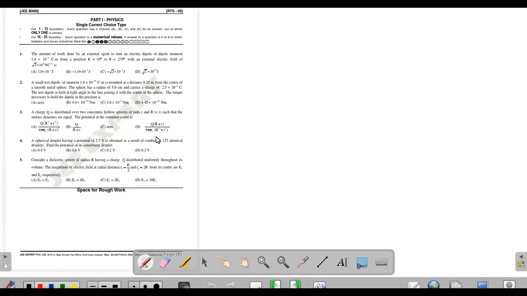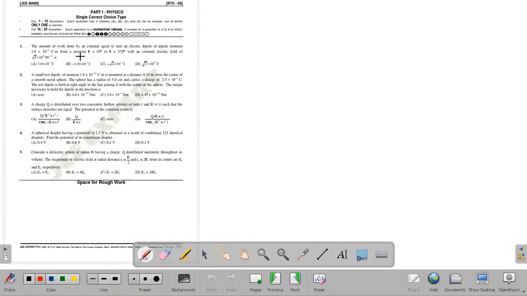फर्स्ट क्वेश्चन अगर हम डिस्कस करें, द अमाउंट ऑफ वर्क डन बाय द एक्सटर्नल एजेंट टू टर्न एन इलेक्ट्रिक डाइपोल ऑफ डाइपोल मोमेंट फ्रॉम दिस पोजीशन 45 डिग्री टू दिस। तो कंसेप्ट इस क्वेश्चन के पीछे ये है कि जब आप डाइपोल को टर्न करते हो, मतलब बेसिकली क्या होता है कि जब हम किसी इलेक्ट्रिक फील्ड के इनसाइड एक डाइपोल को प्लेस करते हैं, सपोज E इज द इलेक्ट्रिक फील्ड एंड देयर इज सम डाइपोल एट सम थीटा एंगल, तो हमें पता है कि डाइपोल को जब आप इलेक्ट्रिक फील्ड में किसी थीटा एंगल पर विद रिस्पेक्ट टू द